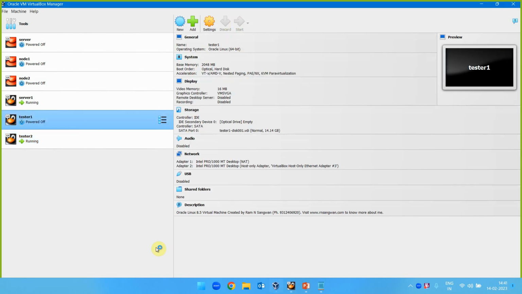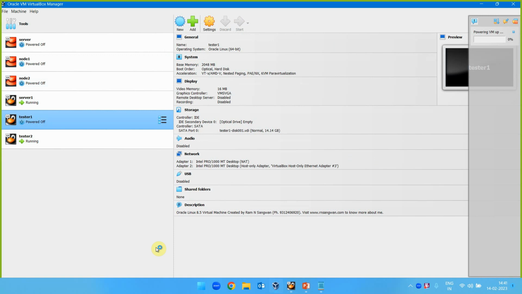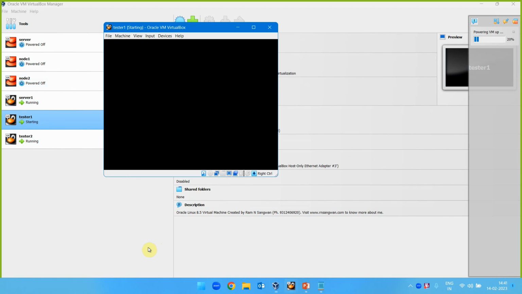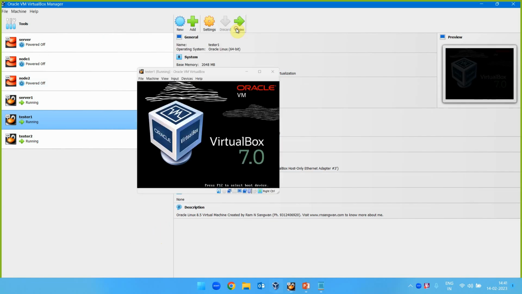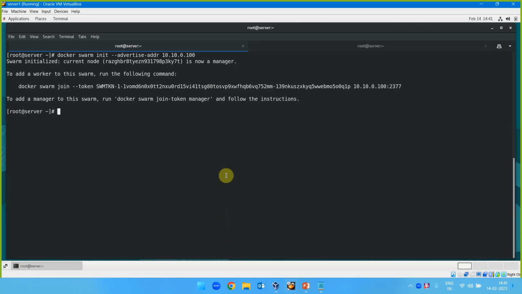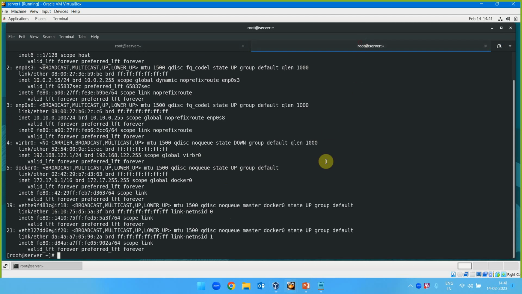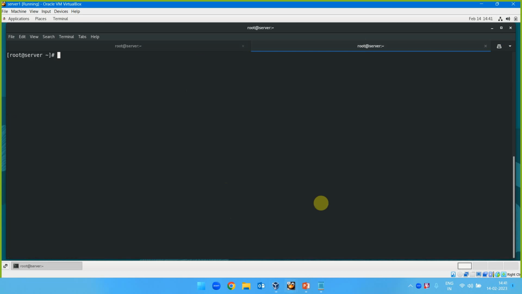So now I'm ready to start tester 1, and tester 2 IP address is changed, tester 2 host name is changed, and therefore my tester 1 and tester 2 both the machines are ready. And hence I can simply go back to my server machine and connect to my tester machine, that is tester 1 or tester 2 both machines,